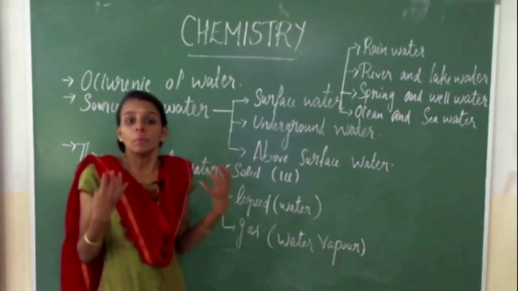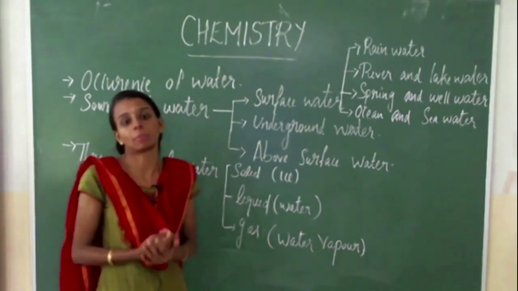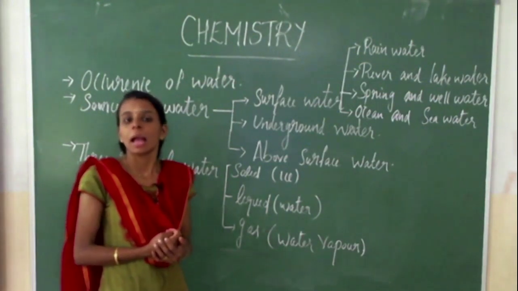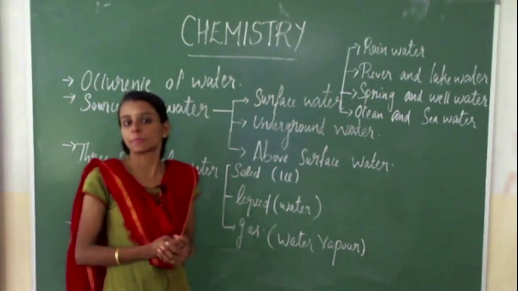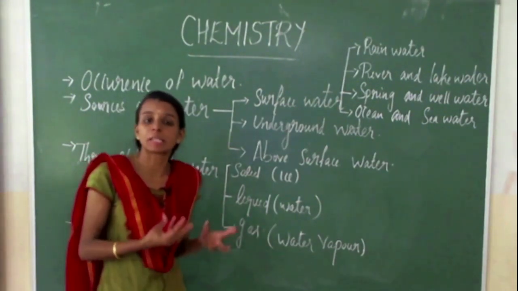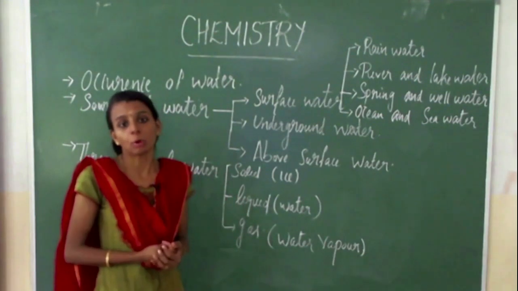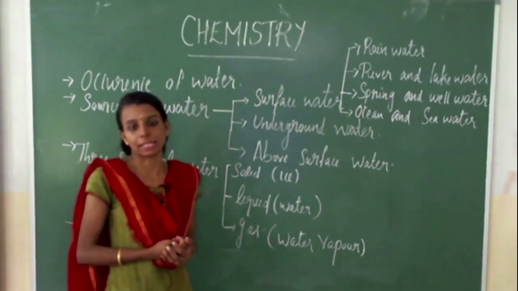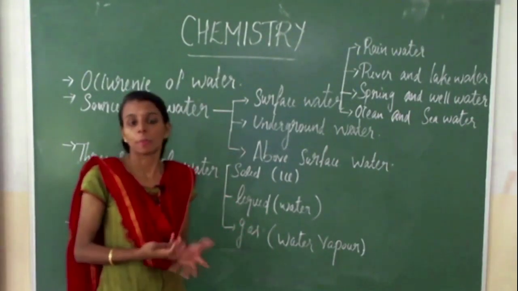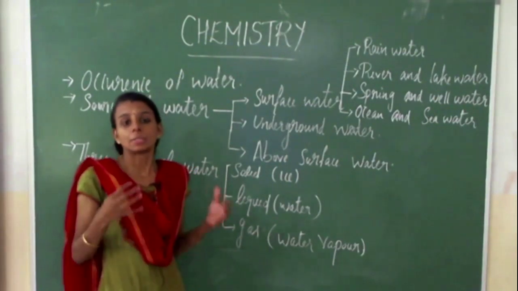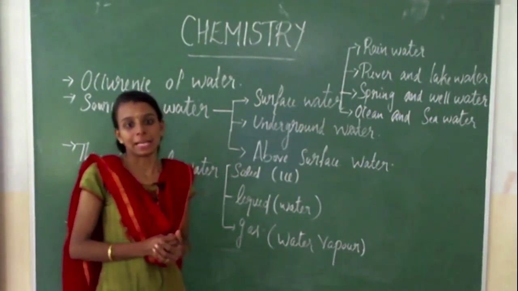And we know that many plants and animals are present in water. They use nutrients and oxygen from this water. And water is used for the transport of humans and goods. For the germination of seeds, we need water. And water is needed for nuclear power plants for generating electricity. And in car radiators also we use water. It balances the temperature. Water in the radiator in the car keeps its engine cool.